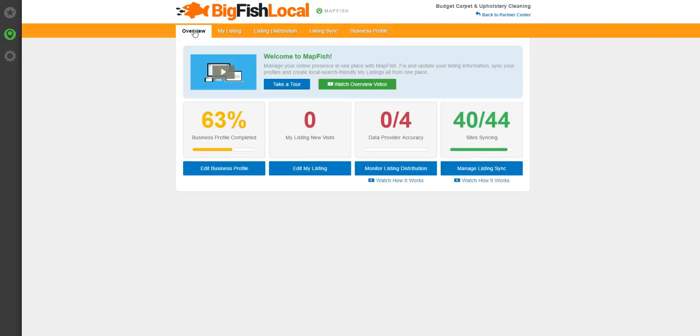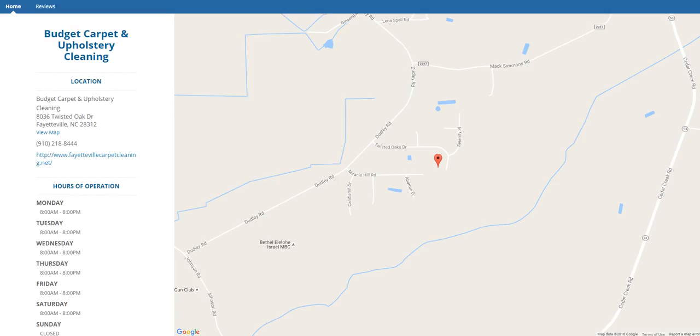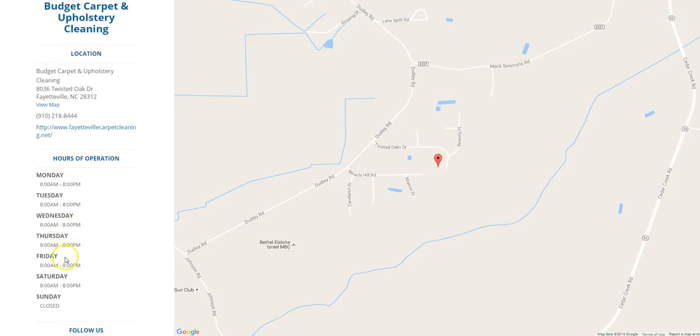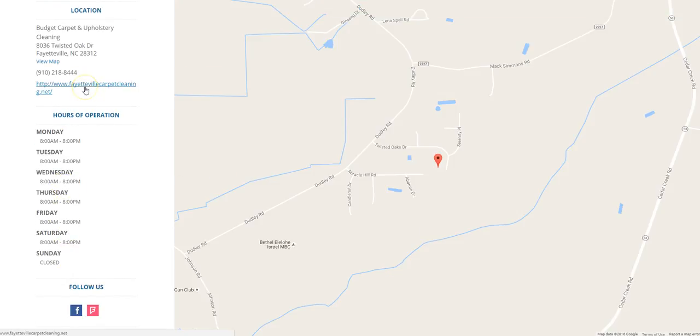And basically what this does is it gives you an extra citation and it gives you a free mobile site for your client. I'll show it to you real quick here. So this is the really, really basic version of it for budget carpet and upholstery cleaning. And what you can see here is it basically gives you the map of the location, the hours of operation, link to the site. So that's an extra follow link to the site, as well as the address and phone